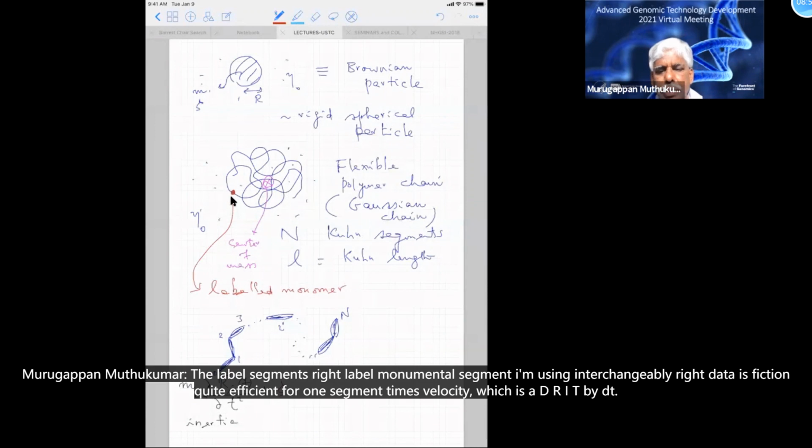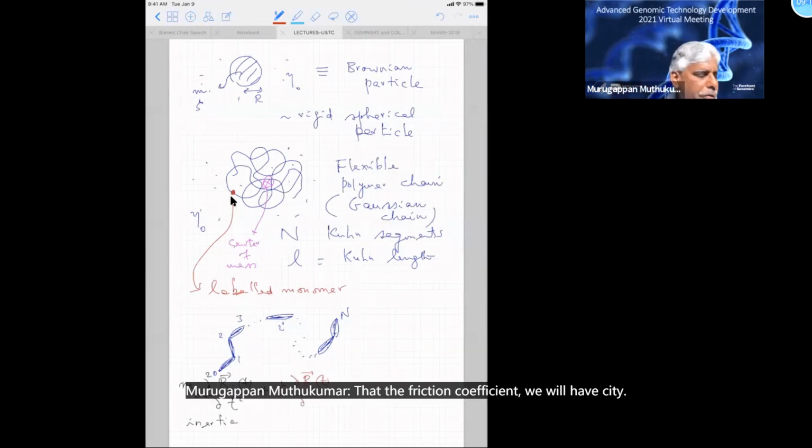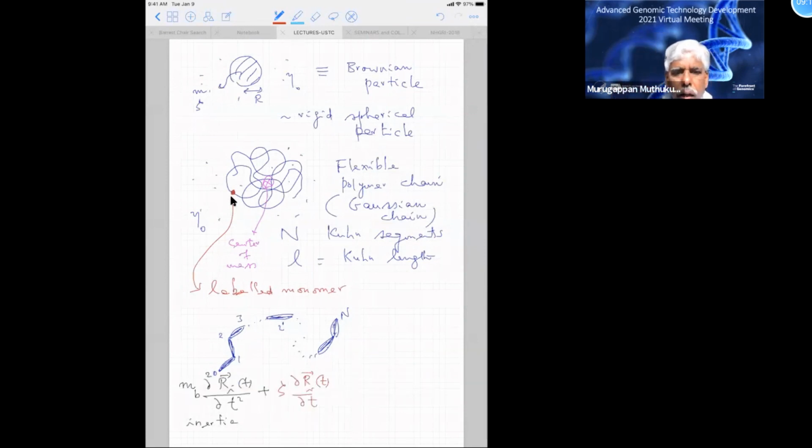Labeled monomer and segment I'm using interchangeably, right? Zeta is the friction coefficient for one segment times the velocity, which is d r_i(t) by dt. That's the friction force from the velocity. And this is equal to